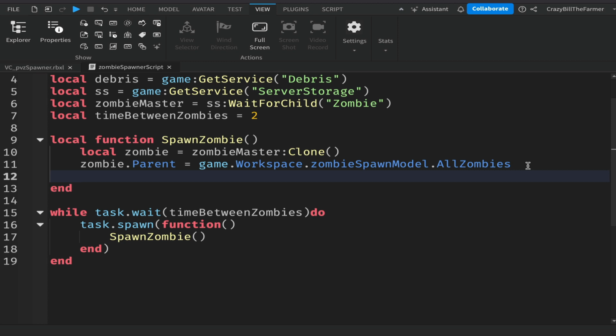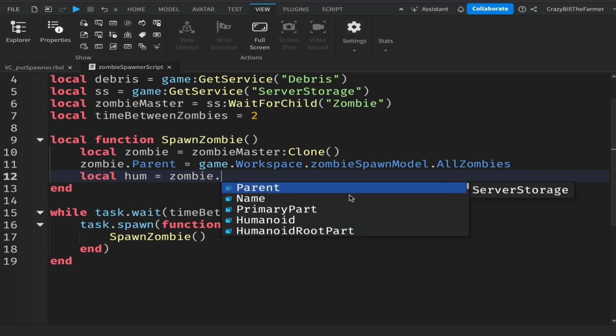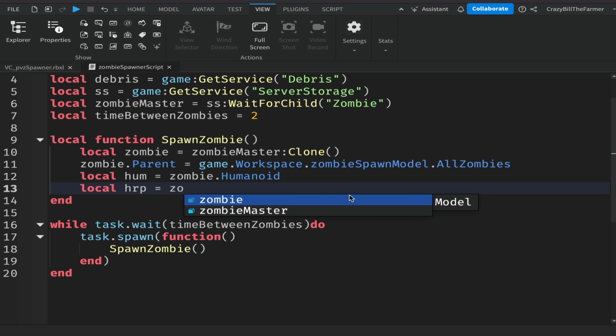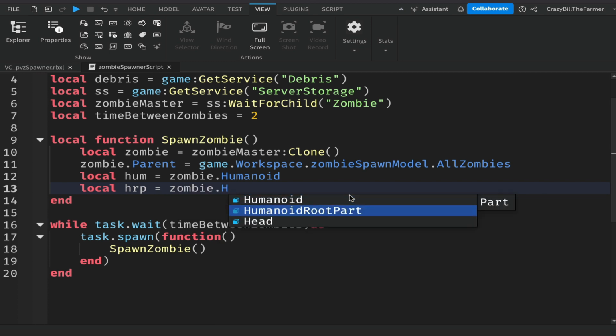Okay, now that we have this zombie and it's going into the workspace, it'll run the animation. However, we now want to let it start to move, or create some code that will move it. So we'll need its humanoid, so we can say local humanoid will equal zombie.humanoid, and then we'll want the humanoid root part of the zombie. Okay, that's what we will use primarily to make it move. So HRP will be zombie.humanoid root part,